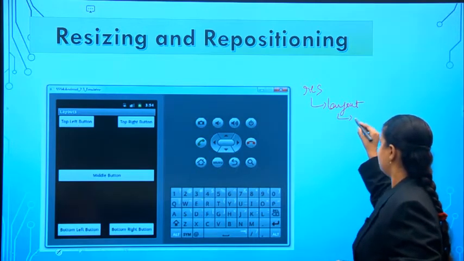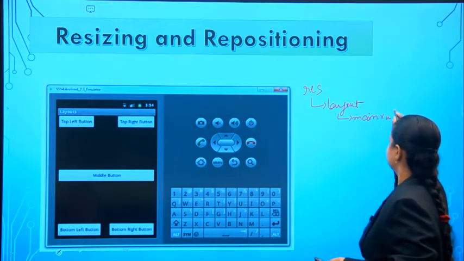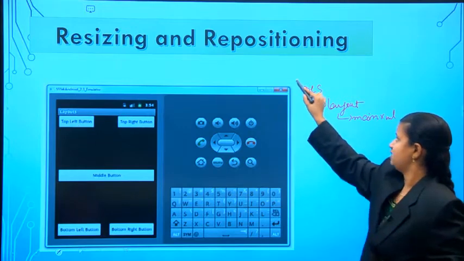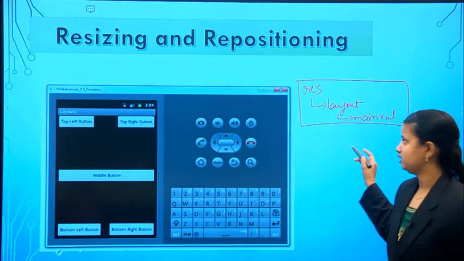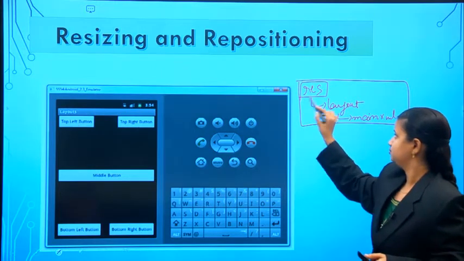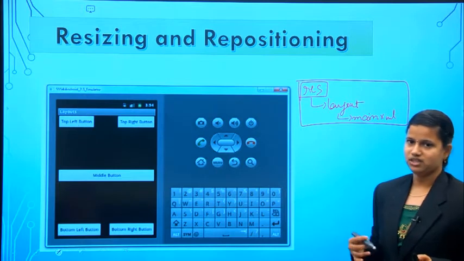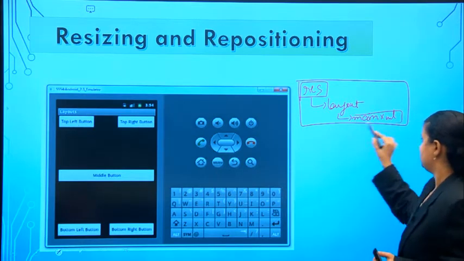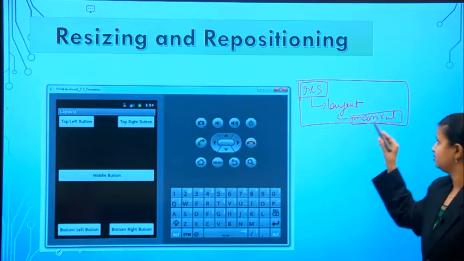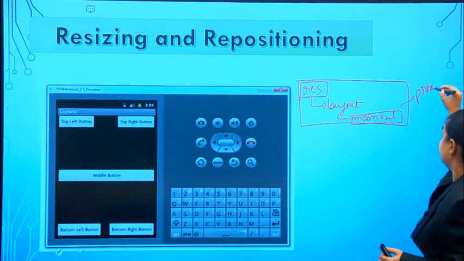In that, one of the files is main.xml. So what is this main.xml? This one is already presented by default. Whenever you open your application to develop the user interface contents, we go with that one. That means this main.xml is related to your portrait mode.